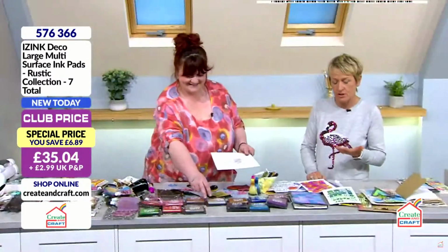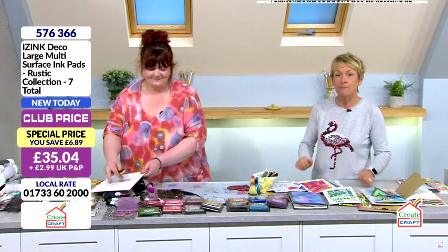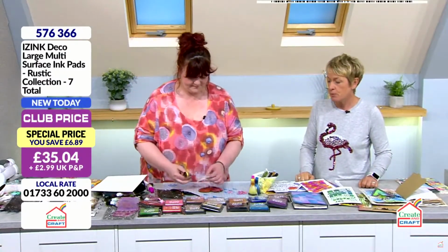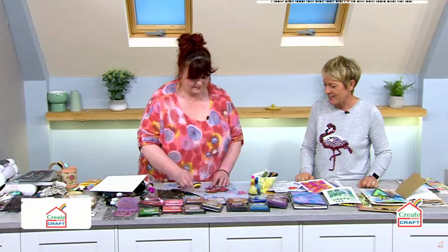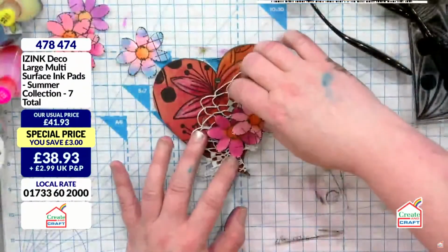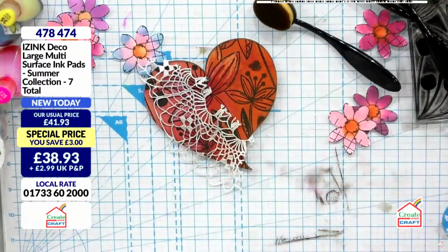And remember, you've got your different colourways. You've got your rustic, and you've also got your summer as well. Yes. Now, the summer has been the most popular. If you want to go for that one, we'll bring the details up for that. I like that now. Build it up like that, or you could even take that off, pop that on there, cut it down, and then